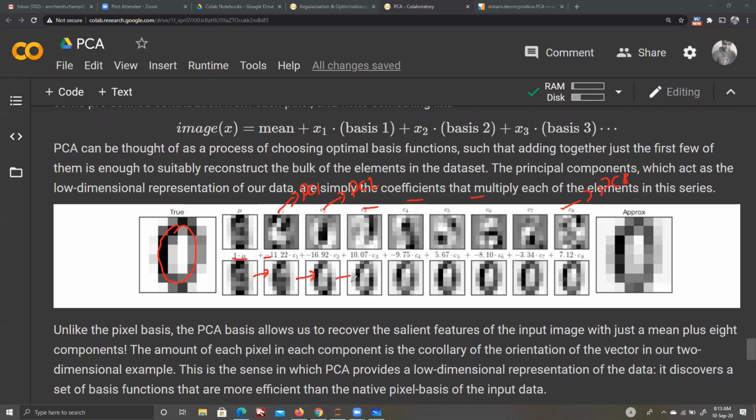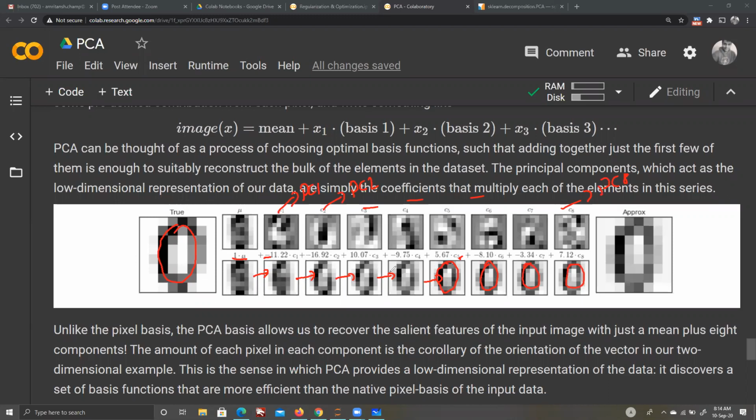Guys, what does it look like? By how many pixels or how many components does it almost start to look like 0? 8. We can say maybe 8 or even lesser. I can make an argument that almost by C5 or even C4, to me, it has started to look like a 0. After a while, how much is the improvement? Can you see here very carefully? Even if it is trying to improve, no doubt, there is not really a lot of improvement after a while. Initially there is.